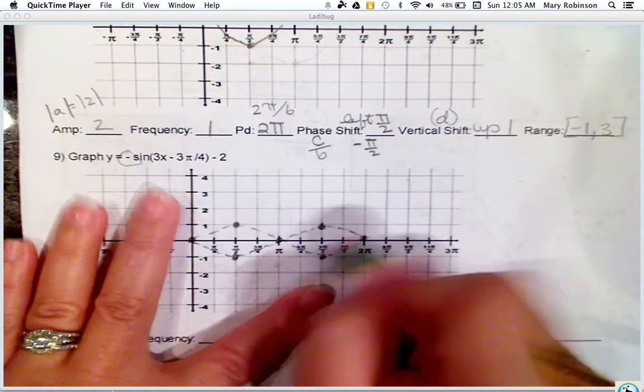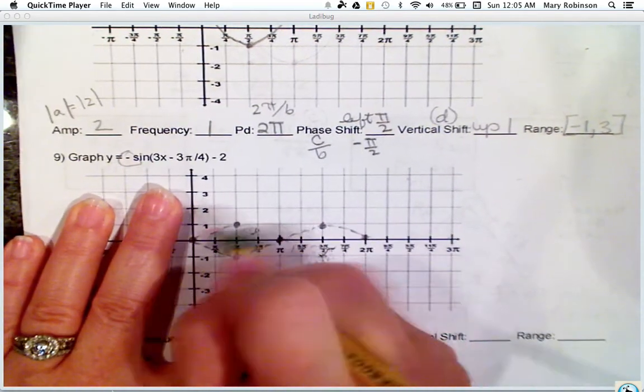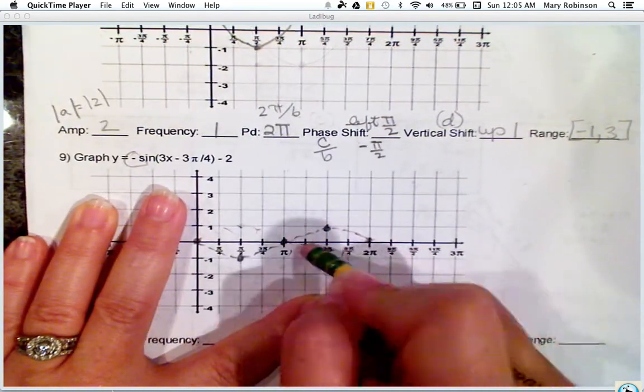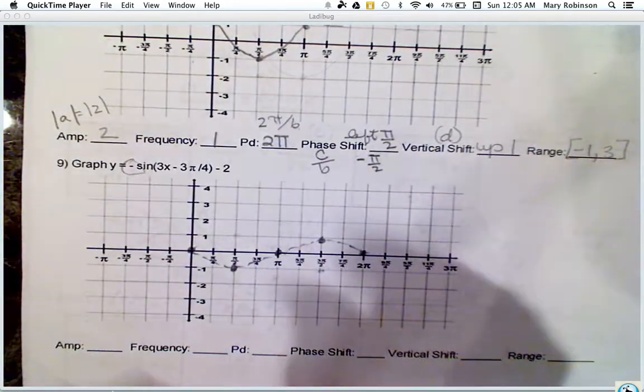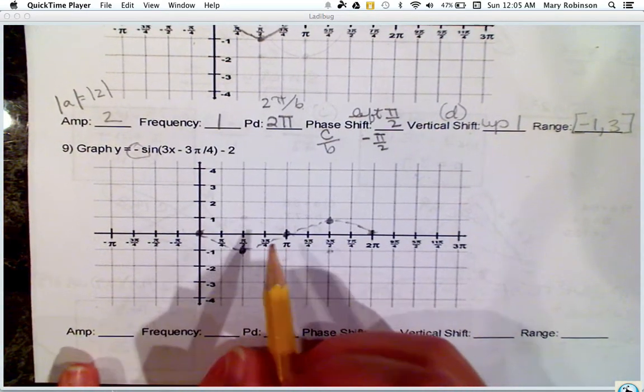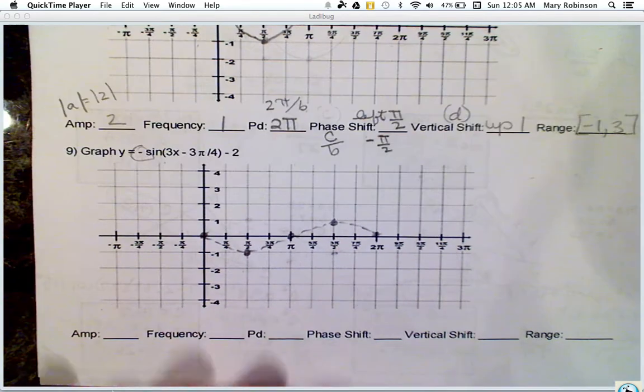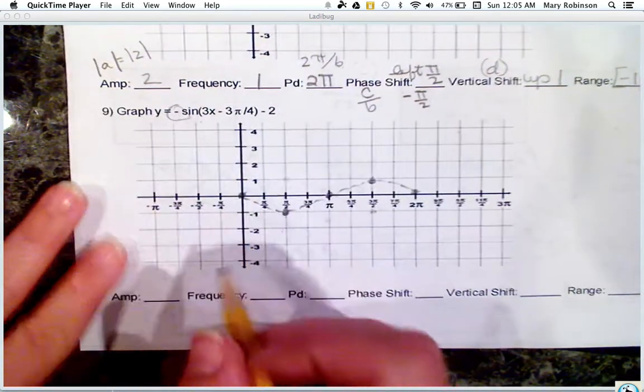And I'm just going to erase the other one. If you want to leave it dotted, that's fine. I just don't want y'all to get confused, so I'm going to erase. All right, the next thing we have to recognize is that, oh, and by the way, our amplitude is the